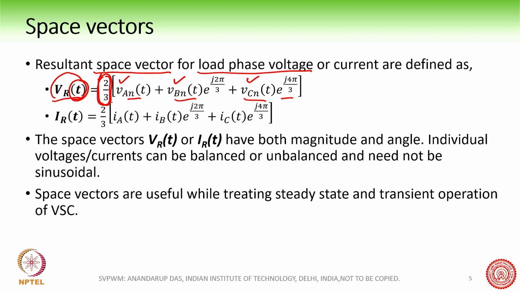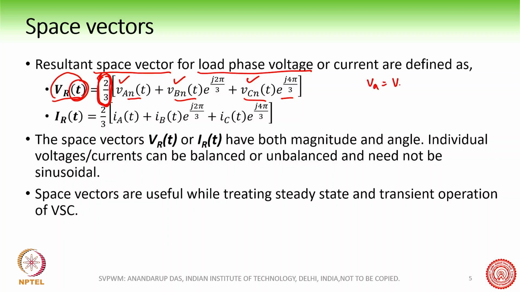Since it is balanced, the peak of A phase also means the amplitude of B and C phases are the same. But this 1.5 was coming, okay? That means the 3/2. So that is why we have used the 2/3 factor, and that makes this transformation magnitude invariant, which means the resultant space vector, suppose if it is given, so if A phase is given by